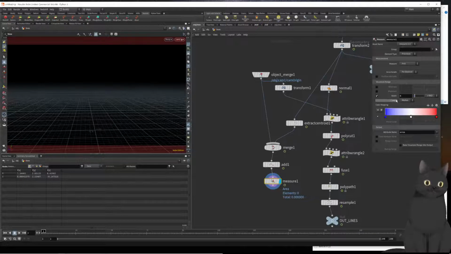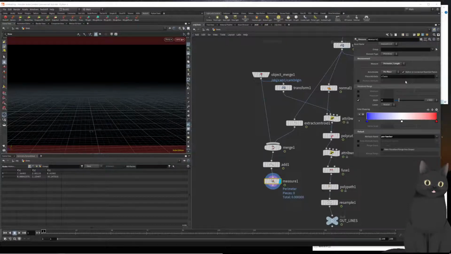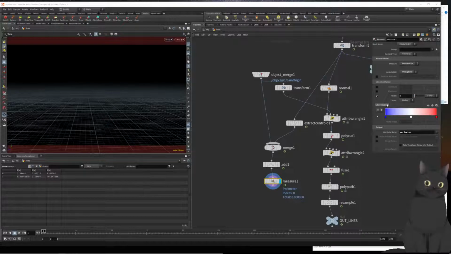We want to measure it throughout, and let's call it the distance, dist. So now if we click on the primitives here, we can see that we've created this attribute called dist, and